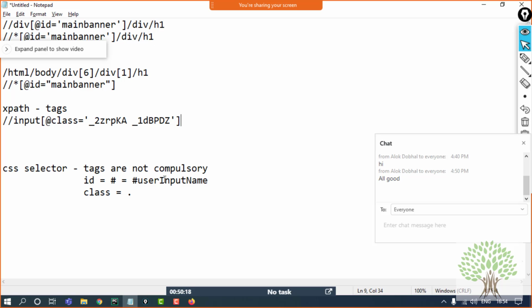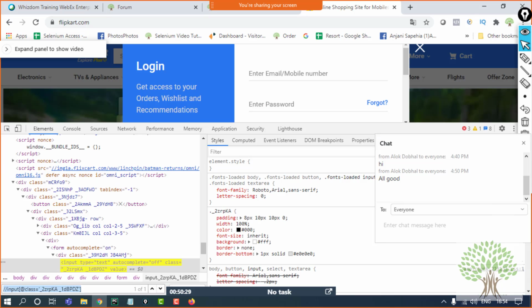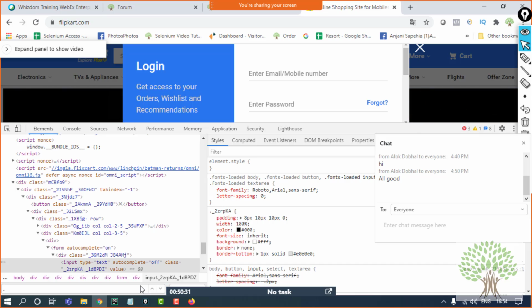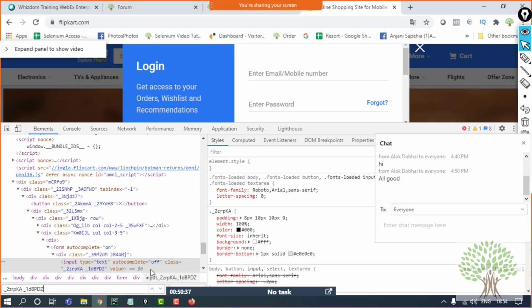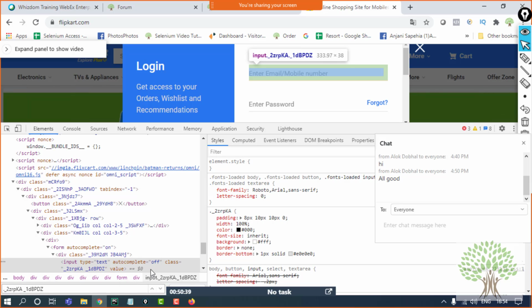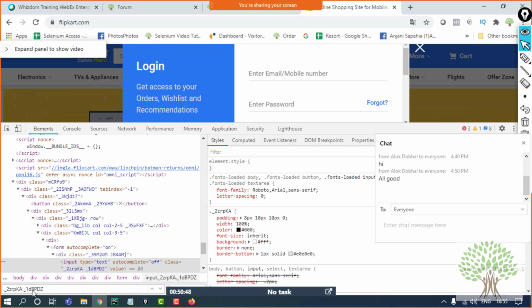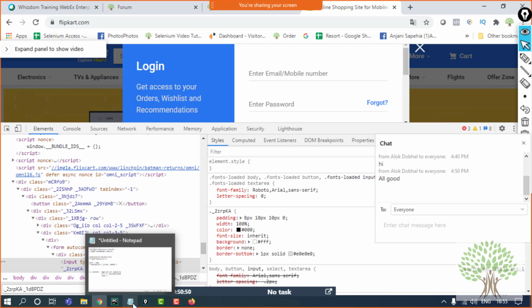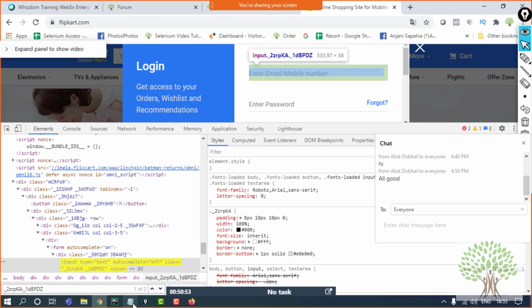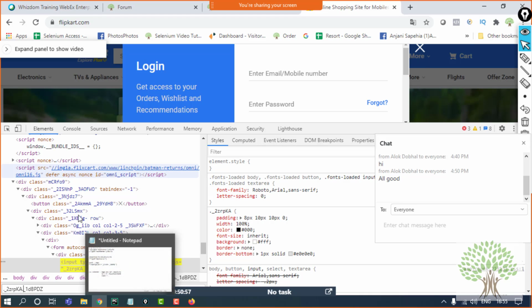This works fine in XPath terminology. But the same is not going to work in the case of CSS selector, because for every class that is used on an element, I have to specify it. If I say dot and the class name which is given over here, you can see that none of the elements got highlighted, because on the element there are two classes used, but I have only specified dot in front of one. So the second class is of no meaning. If I put dot in front of that as well, then only my element is highlighted.